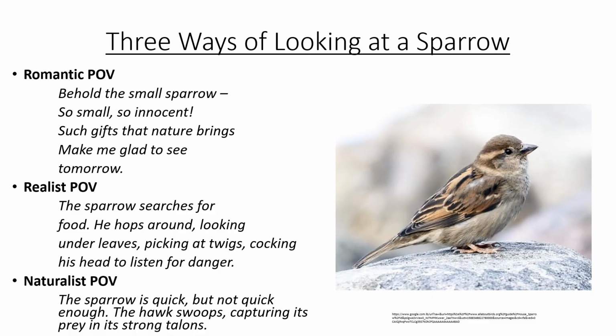Looking then at the three different movements that we've focused on, noting that naturalism is not something we're going to read, but it's very important to know in terms of how Romanticism and Realism eventually evolve into naturalism. So to do this, we're going to have one more exercise, and it's called Three Ways of Looking at a Sparrow. You can find this in your textbook, by the way, on page 943, and I've placed it verbatim here. Each of these points of view is going to talk about the same sparrow that I've given to you on the right, but it's going to talk about it in the method of that movement. So let's look at the romantic point of view first.